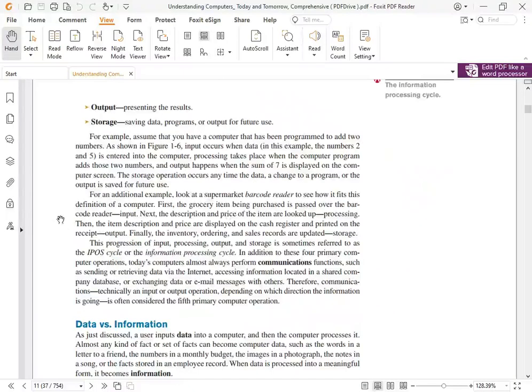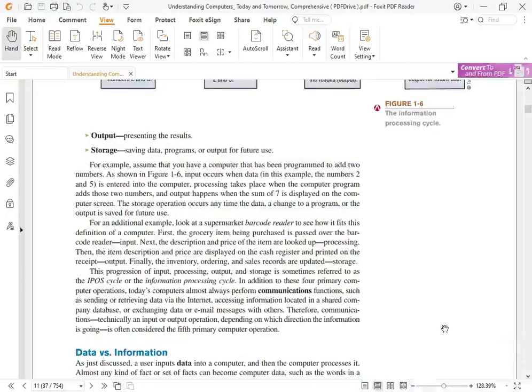use. For an additional example, look at a supermarket barcode reader to see how it fits this definition of a computer. First, the grocery item being purchased is passed over the barcode reader, input. Next, the description and price of the item are looked up, processing. Then, the item description and price are displayed, output. This progression of input, processing, output, and storage is sometimes referred to as the IPO cycle or the information processing